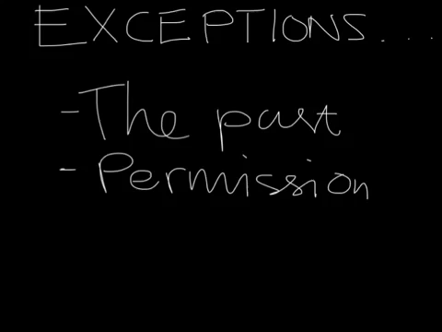And the second exception is actually quite a gray area, and deals with permission. Imagine when you're talking about something that is not going to happen, it may sometimes be better to actually use might, because otherwise people could think that you're talking about permission, because that's another function of the word may. Let's take an example. If you aren't sure whether or not you'll go to the party, you say, we may not go to the party. But that could also be misinterpreted as that you don't have the permission to go to the party.